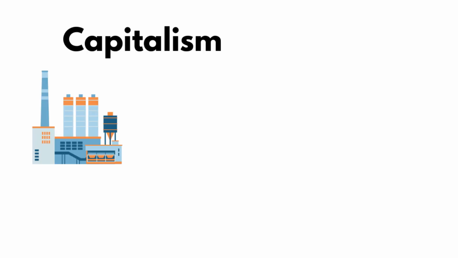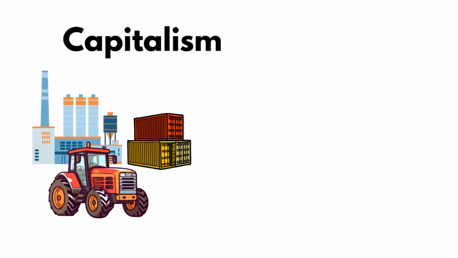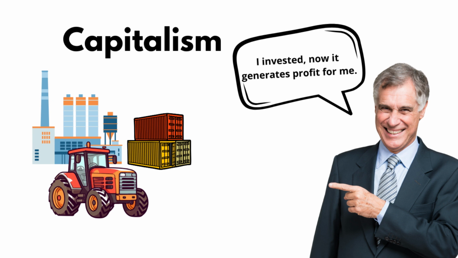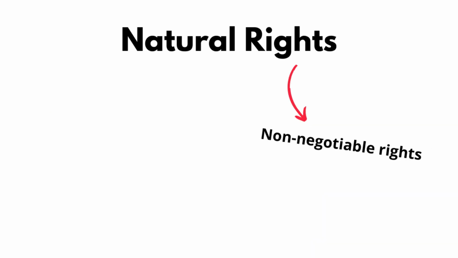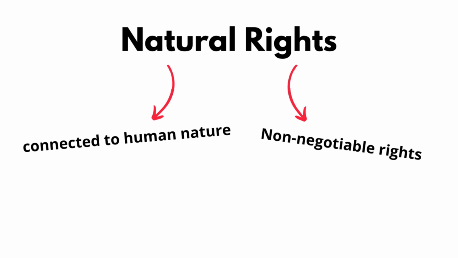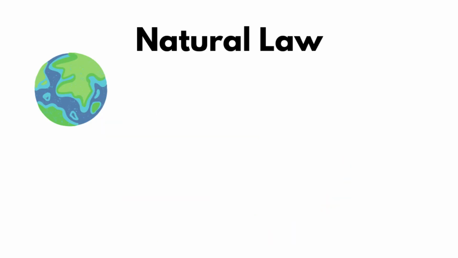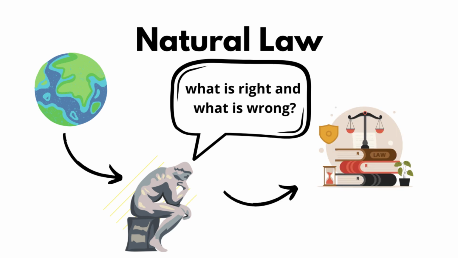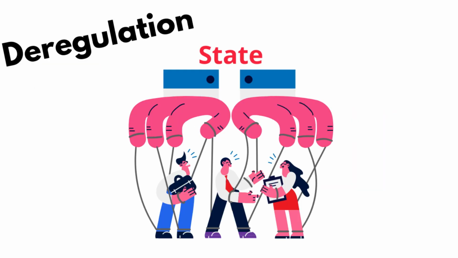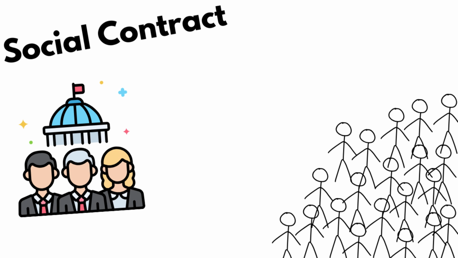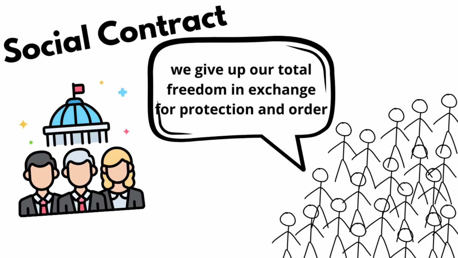Capitalism, economic system based on private ownership of the means of production and the pursuit of profit through the free exchange of goods and services. Natural rights, inalienable rights considered intrinsic to the human condition and often foundational to liberalism. Natural law, an objective moral order believed to exist in nature and that grounds human law. Deregulation, process of reducing or eliminating government regulations in specific sectors of the economy. Social contract, theory postulating an implicit agreement between individuals and the government where citizens relinquish certain freedoms in exchange for